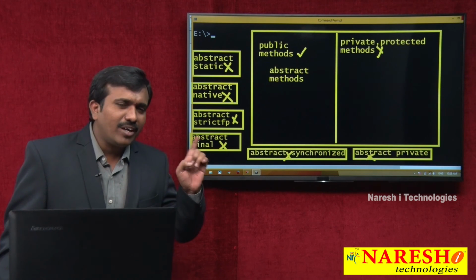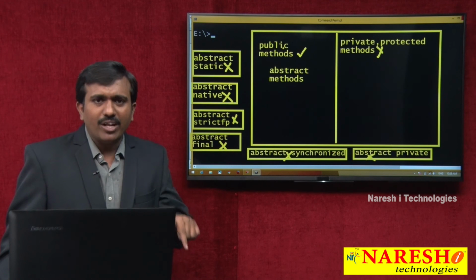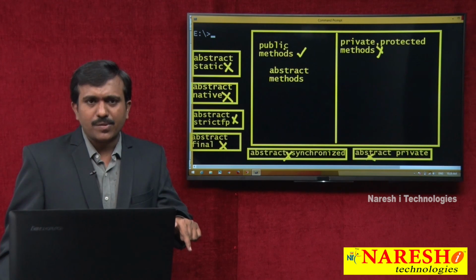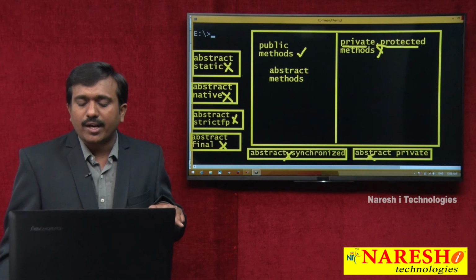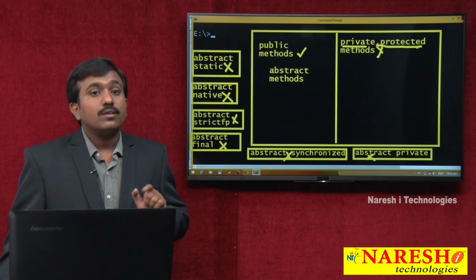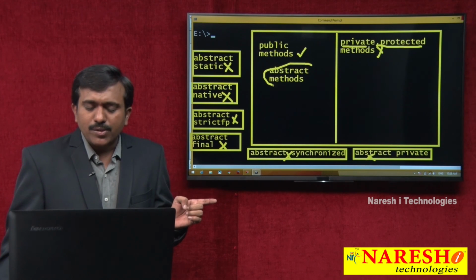So here by default the interface methods are which one? Public. By default the interface methods are public methods. Anywhere, interface methods are not possible to declare with private, protected and other modifiers. By default the interface methods are abstract methods.